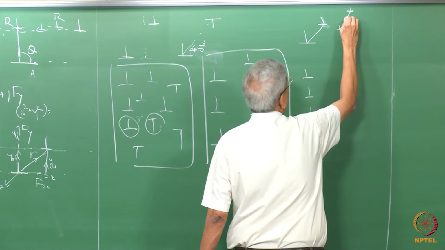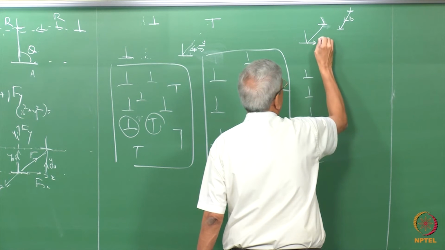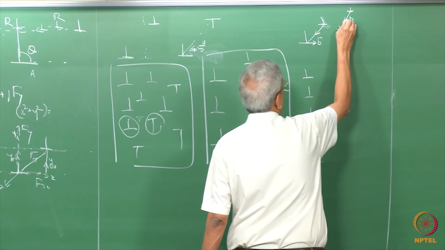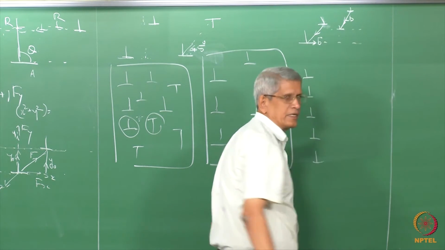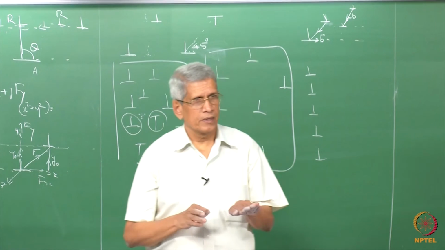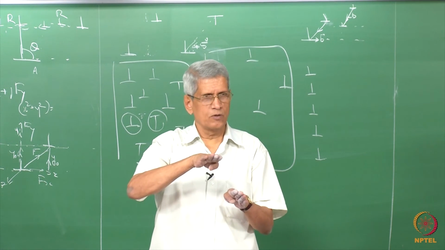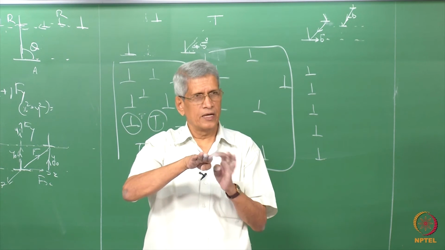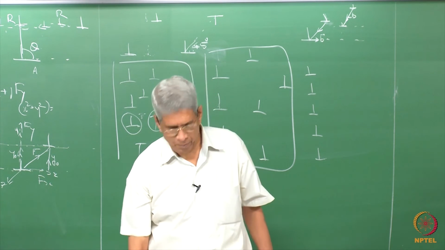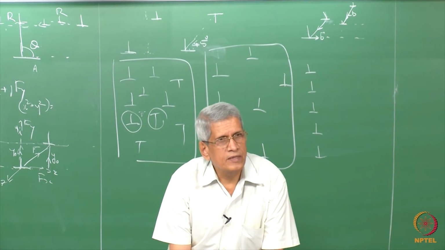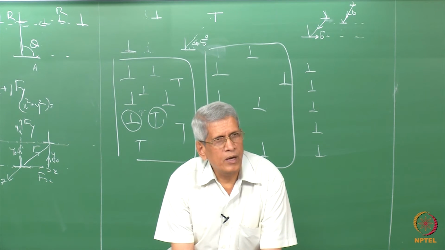This has a Burgers vector in this direction, and here the Burgers vector is in this direction. The line direction remains the same for both of them, but one is in this slip plane, another is in another slip plane. So, the Burgers vectors are perpendicular to each other, the line directions are the same. But between these two dislocations, neither attractive nor repulsive forces will come.